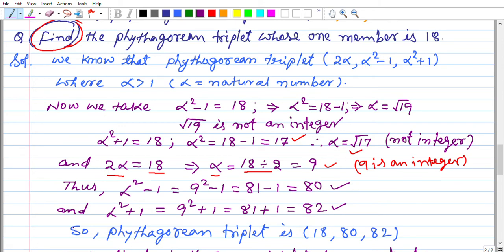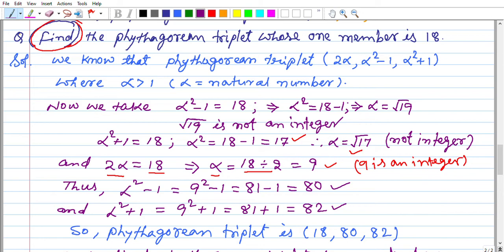Dear learners, my advice to all: learn the square numbers from 1 to 50. If it is not possible, you can learn the squares of natural numbers up to 30. When you do more practice, time to time, daily, it will help you. Then you see after some time you remember it.